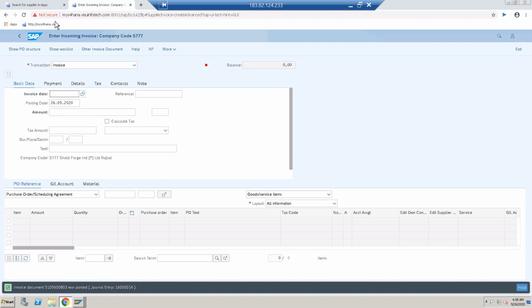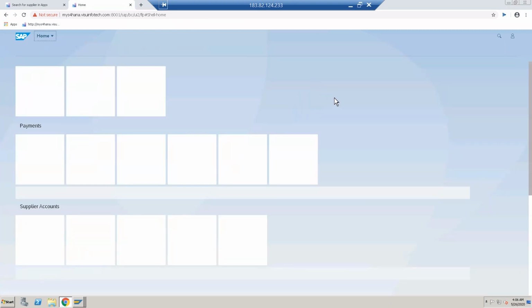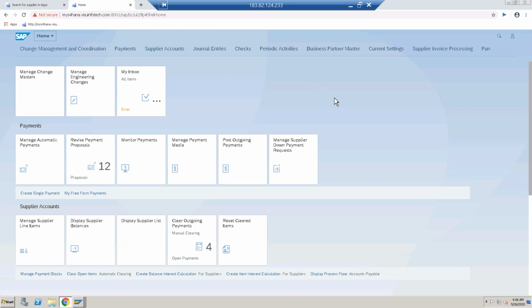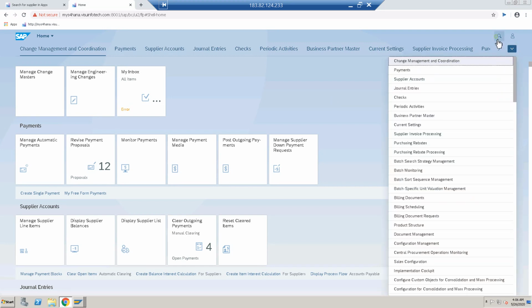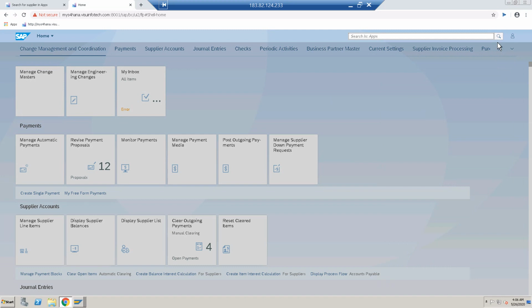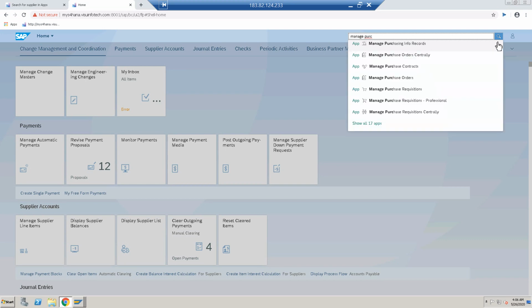Now you can see the history of the purchase order. You can see the process flow of the purchase order. In ECC we call it purchase order history. In S/4HANA we say process flow of the purchase order. I will search here directly, manage. Yeah, this is the app.